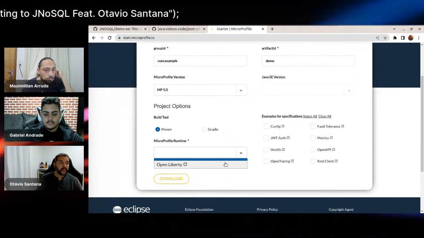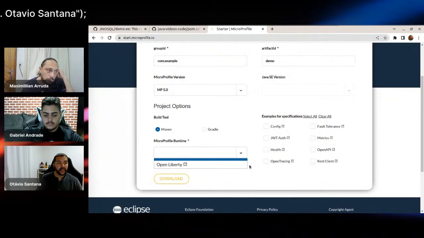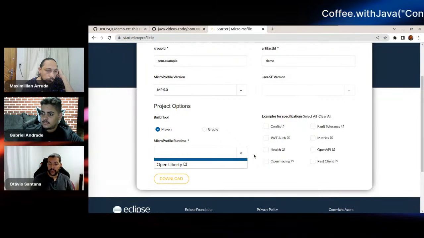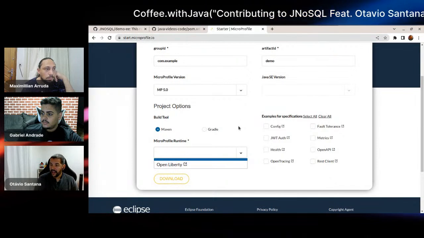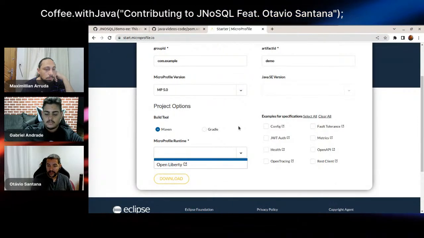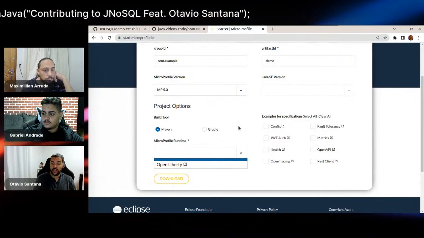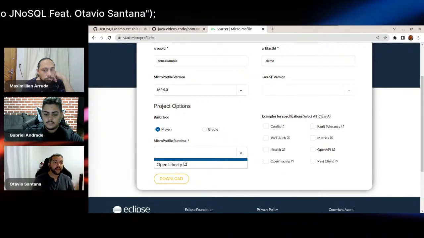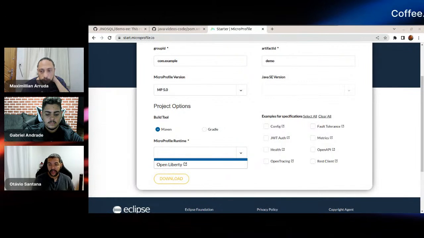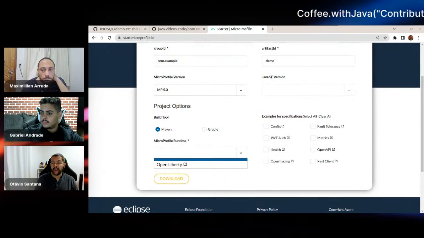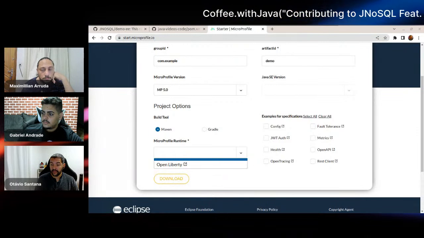That's the main difference, because when you talk about Spring, you just have Spring as vendor. The Spring Initializr has a single option, that is Spring. We do have a strong vendor lock-in using Spring. When you go to MicroProfile and Jakarta, you have more flavors.